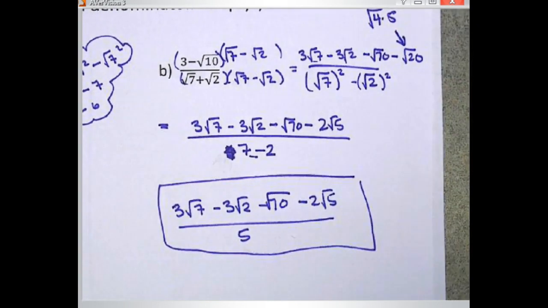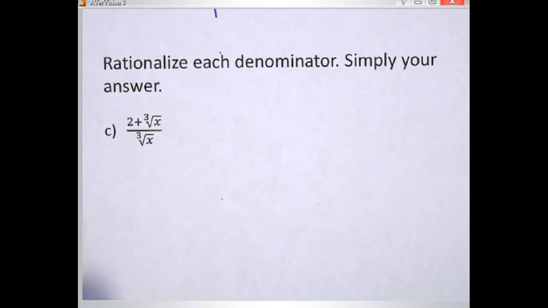All right, let's do one more together, shall we? Okay, your last example, rationalize the